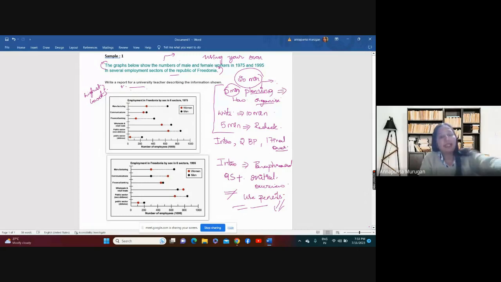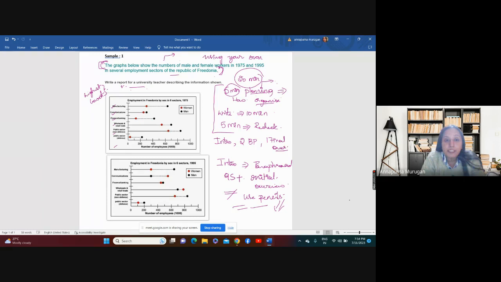What is it they are saying? They are trying to say that we have two graphs, and in these graphs they are trying to compare the number of men and women working in different sectors. You can see the different working sectors here. So you want me to expand this,